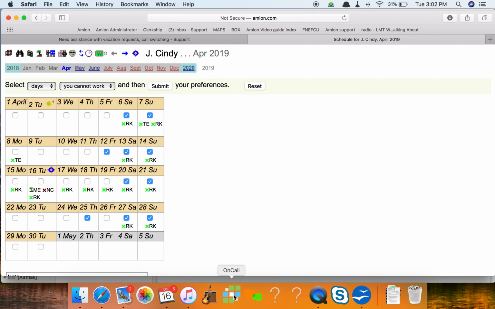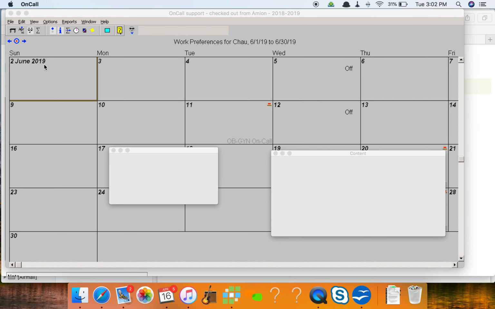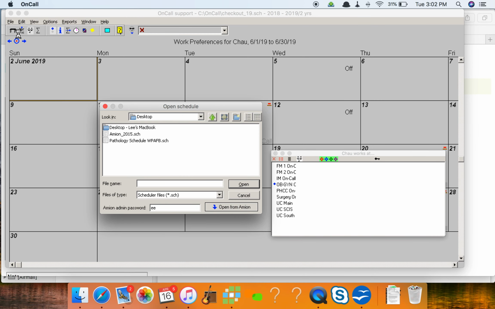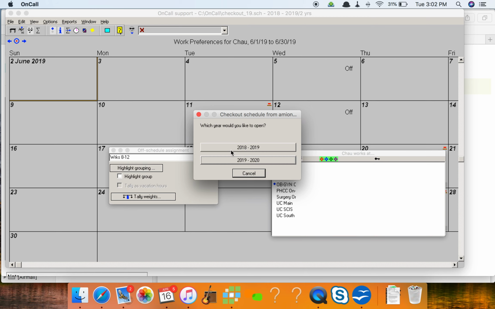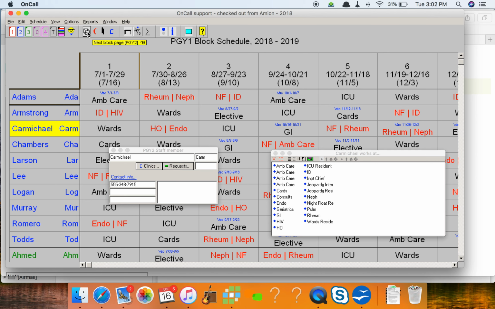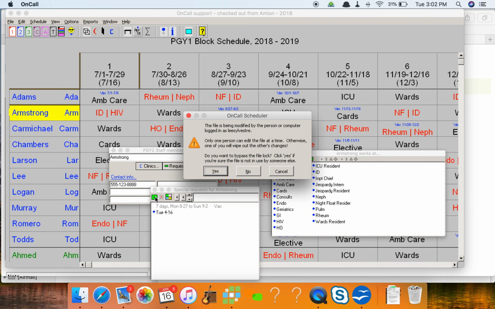So let me show you that one more time. Just show you what the finished product looks like. So in the on-call program with the gray background, you'll see under your block schedule, and let me open up a block schedule group. So the block schedule is the cube icon at the top. When you've got somebody's vacation request in here, just as you used to do it by hand, you'd click on someone's name along the left, click requests in the info box, click the green plus to add a new request,